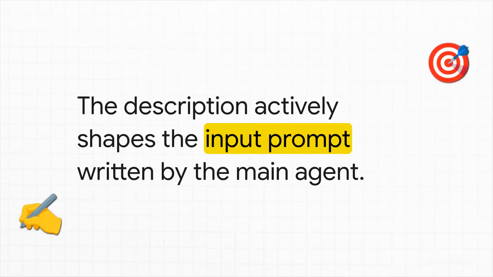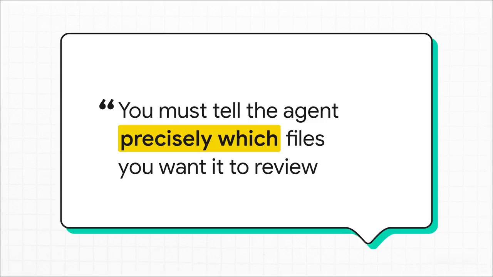But here's the critical architectural detail that most developers completely miss. The description field isn't just a label to trigger the agent, it actively shapes the input prompt that the main agent writes to kick off the subagent. Wait, so the main thread writes a prompt for the subagent based on that one string. If I just put a lazy label like code reviewer in the YAML, it's going to generate a completely generic kickoff prompt. Exactly. With a generic description, the main thread tells the subagent something vague like, use getDiff to find